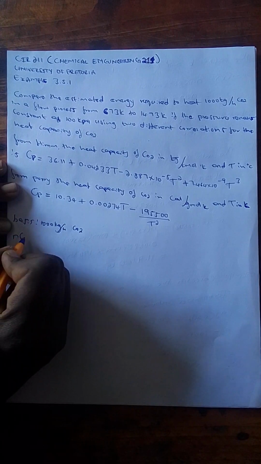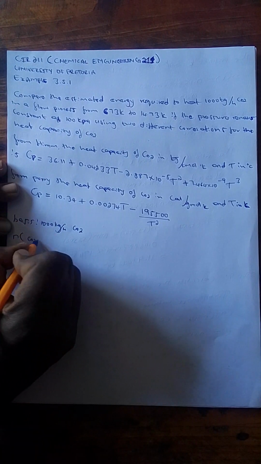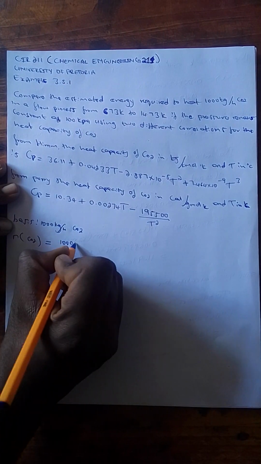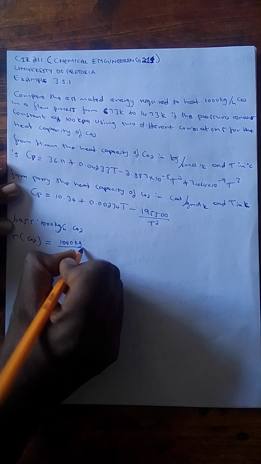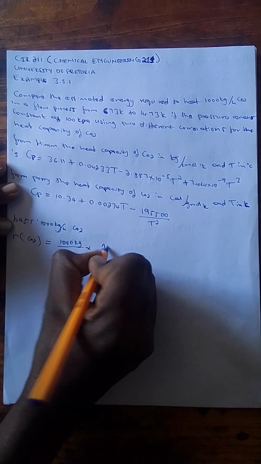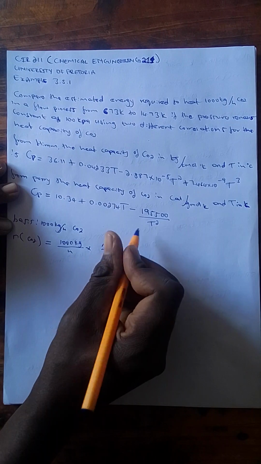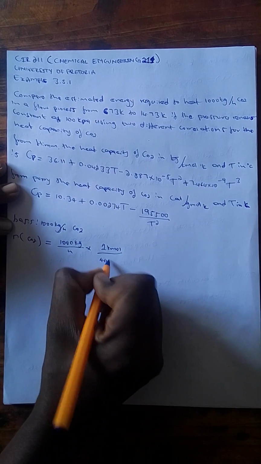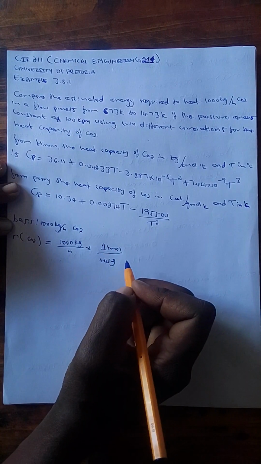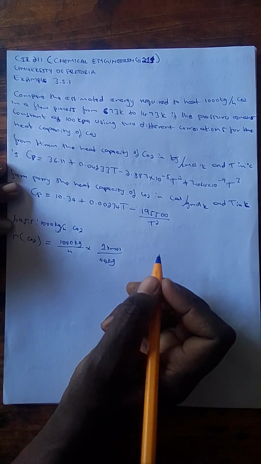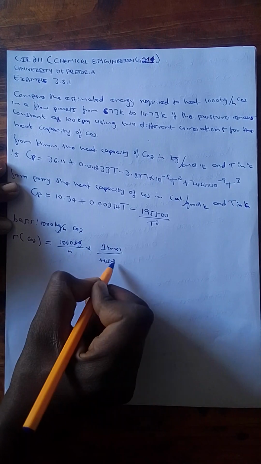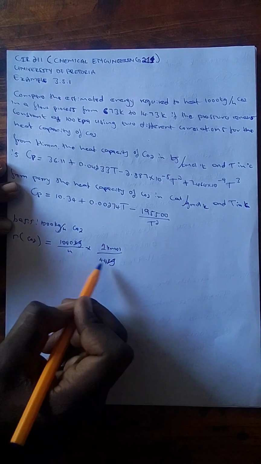So as usual, the number of moles of CO2 is equal to 1000 kilograms per hour multiplied by 1 kilomole over 44 kilograms. This is actually the molar mass of CO2. Then now that we have cancelled the kilograms,